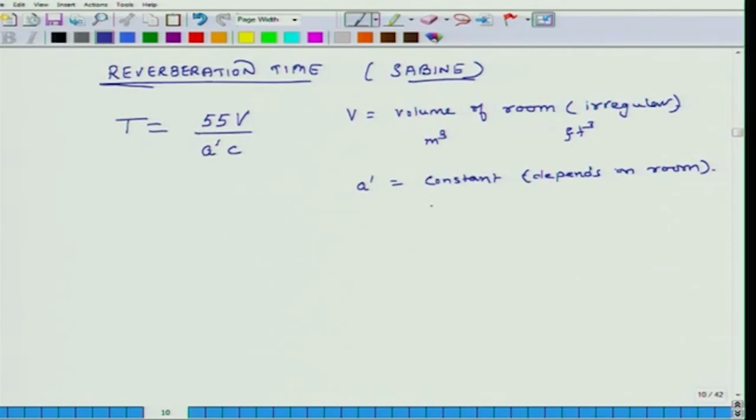And this again you can either have in units of meter square, or the units are feet square, but we don't use this term feet square, rather we call it sabines, if I am in the feet system. And then C is the velocity of sound,